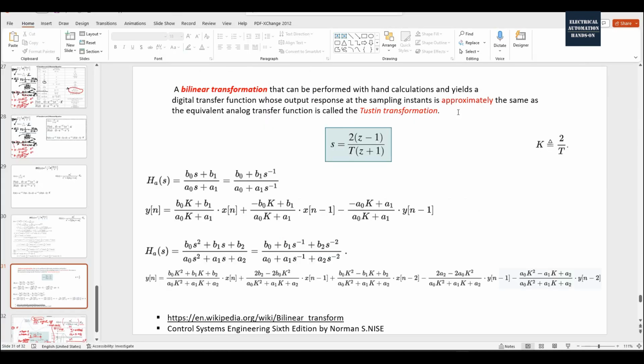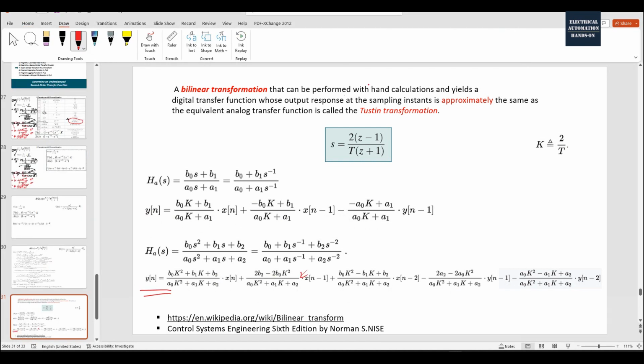Basically, in the engineering world, while we are doing this transform, the Z transform, we can use the Tustin transformation. Then we can substitute this equation into your S domain. Then your equation will convert directly into this format, this difference equation. This is the first order, and this is the second order. Just to take care of one thing, while using the Tustin transformation, your sample time,